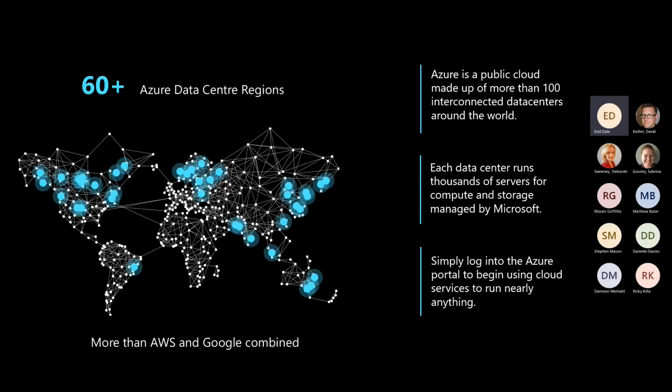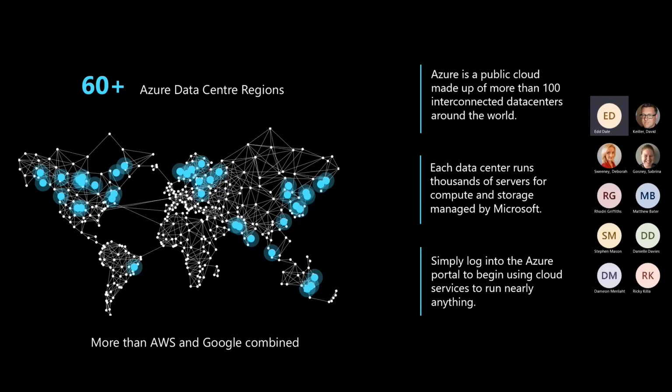And just to put that into perspective in how large that scale is, if you were to take all of the infrastructure or data centers that AWS has, Amazon Web Services, and everything that Google has, and put it all together, it's still not as much as what Microsoft offers. So we are offering customers, again, that ability to be able to have that unmatched and unlimited scale wherever your customers' workloads are, whatever their compute requirements are. Azure can service those customers.